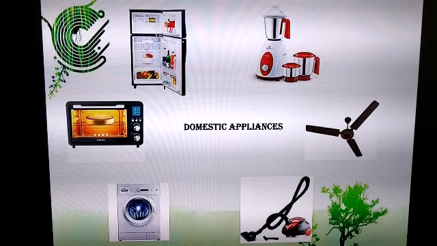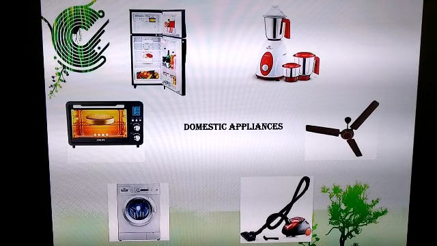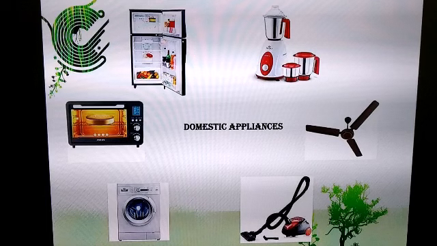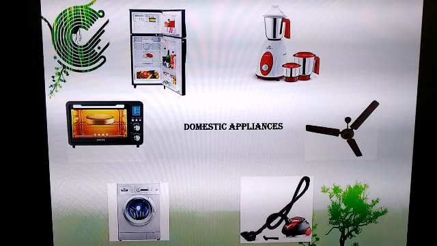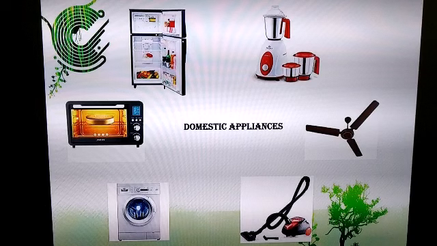Electricity has an important place in modern society. It is a convenient form of energy because we use it for a variety of purposes at homes, industries, schools, hospitals, and so on. We cannot imagine a life without electricity. Can we live without electricity? Gone are those days when people would live without electricity.